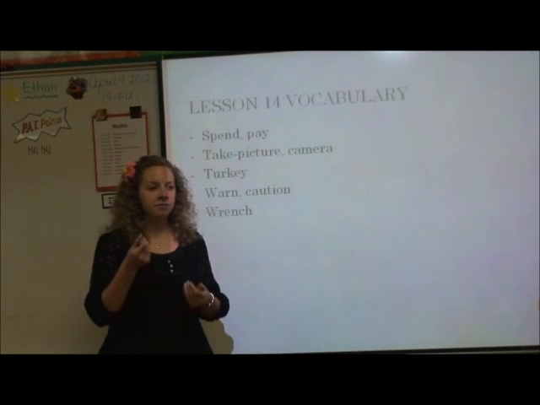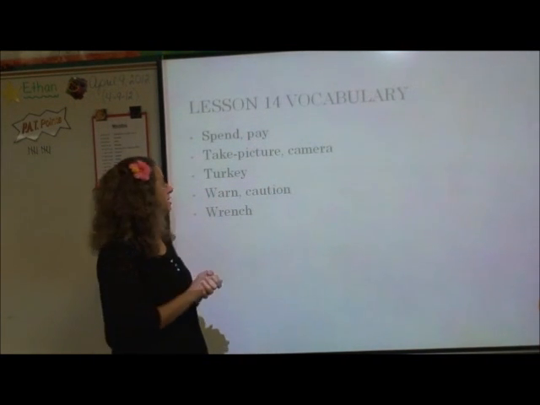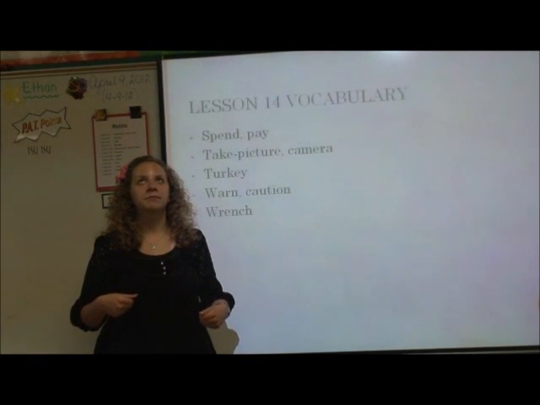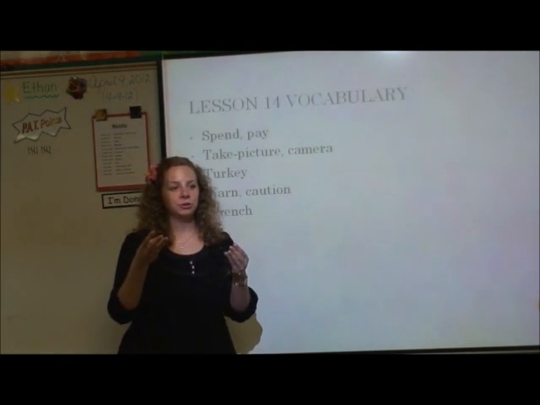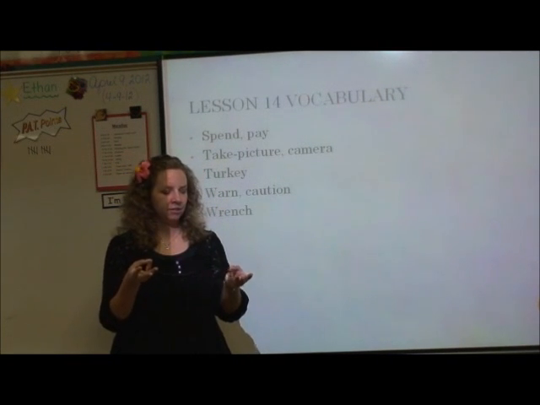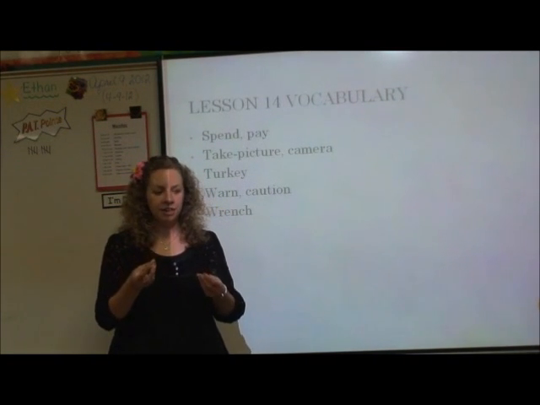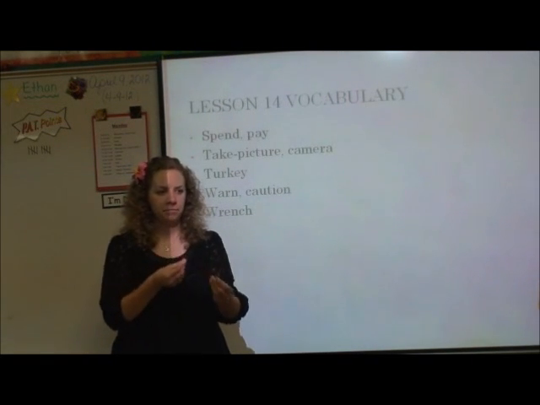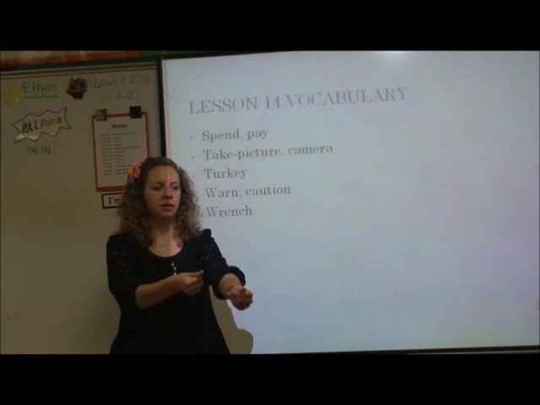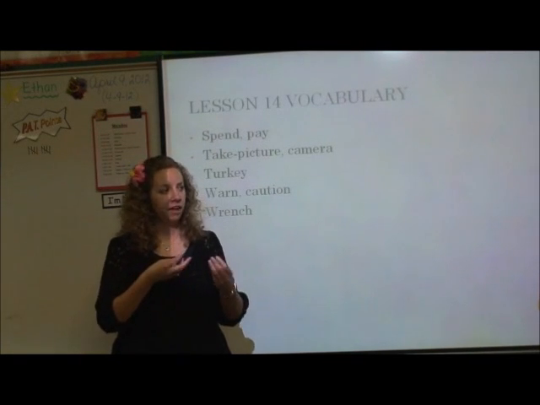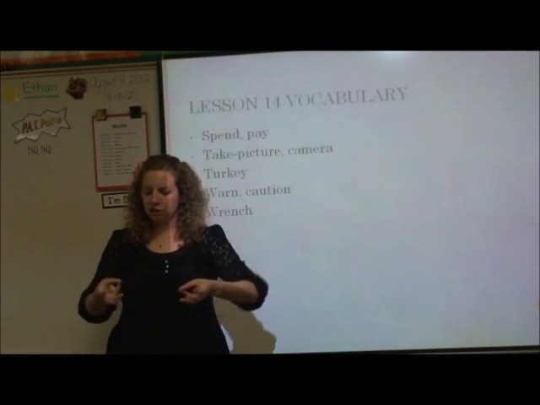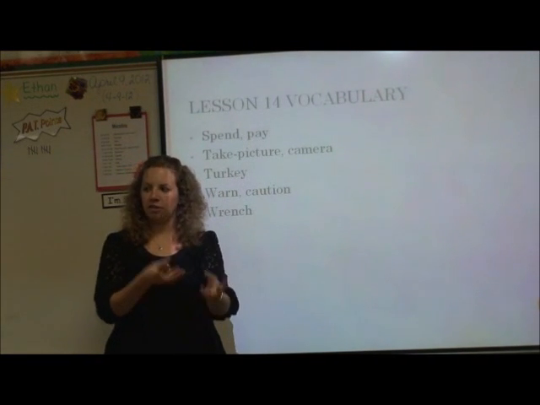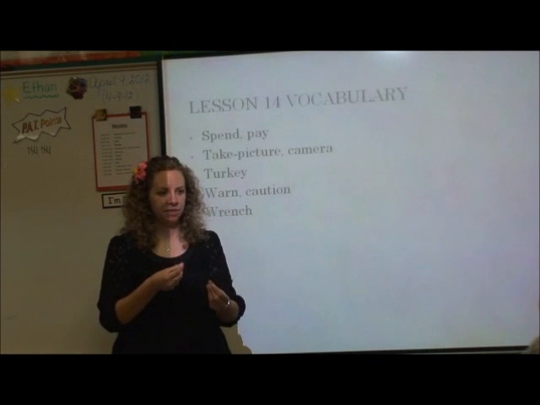So to spend money, you can go, let's see, with a 2, and it's like the opposite. You're going to start kind of like a number 6, and then put your thumb forward in motion like that. This is like to spend your money. I've also seen this one. It starts with your thumb on your pinky and then slides forward to your other fingers and off. So spend this way.